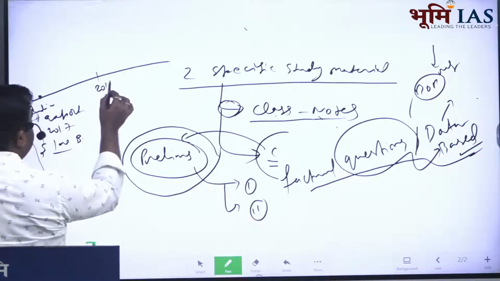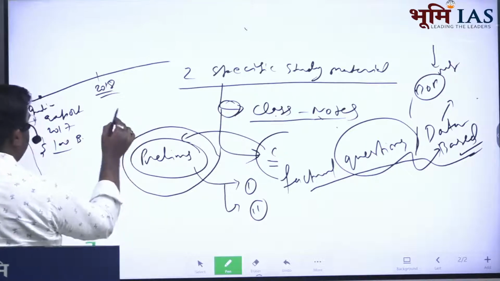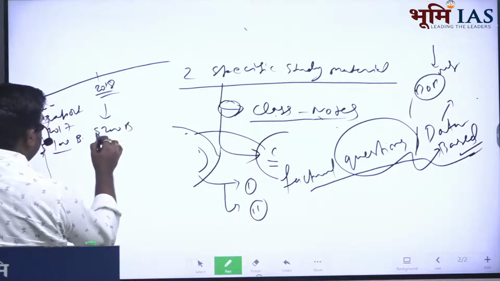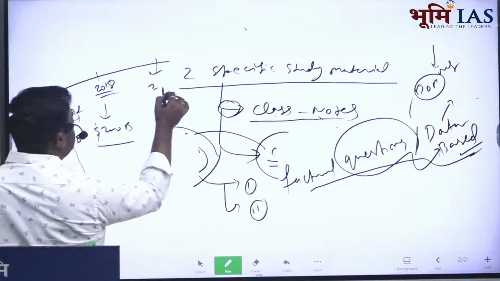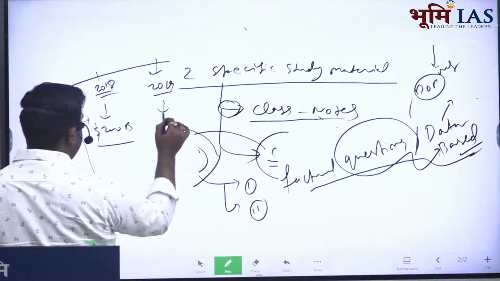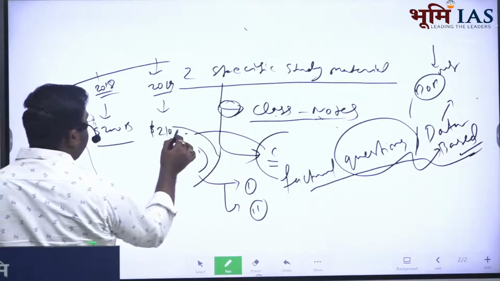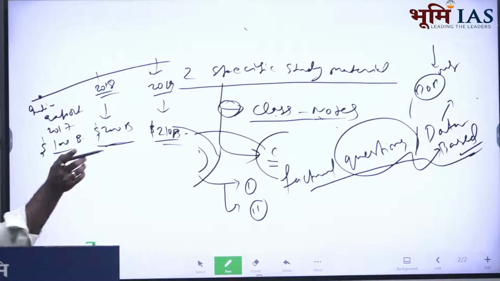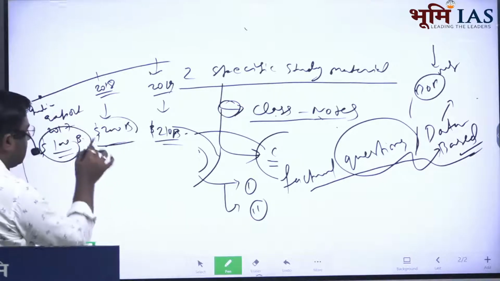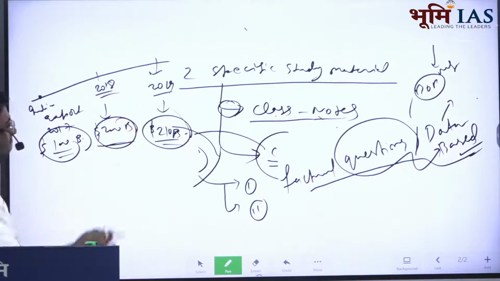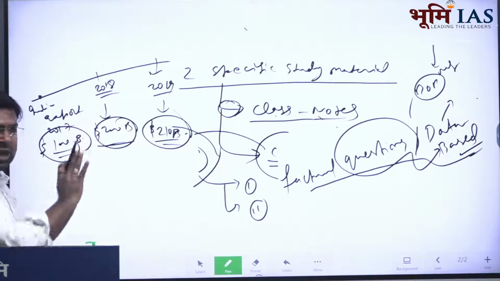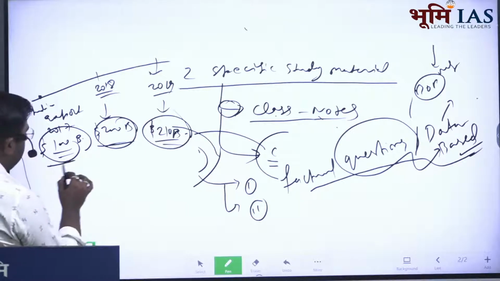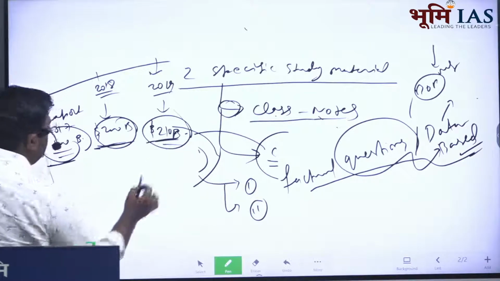During 2018, India's export value was $200 billion. During 2019, India's export value was $210 billion. So you need not memorize the precise value of India's export in the last 3 or 4 years. What you need to do here, after looking at these data, is build up